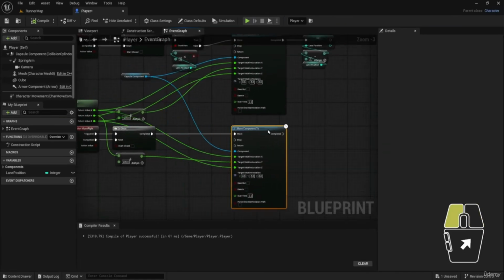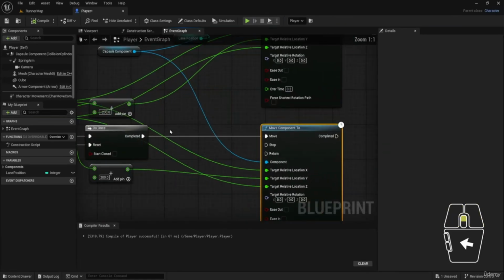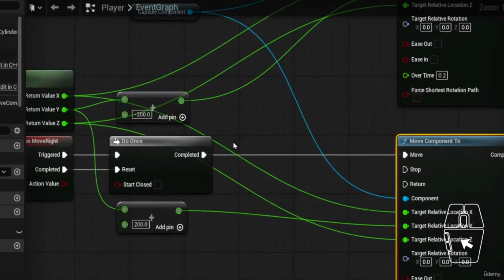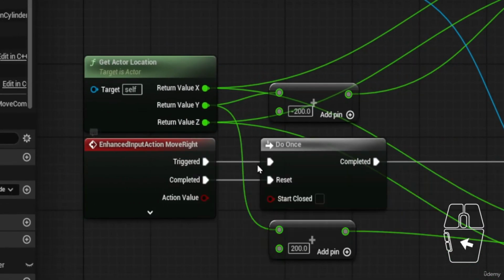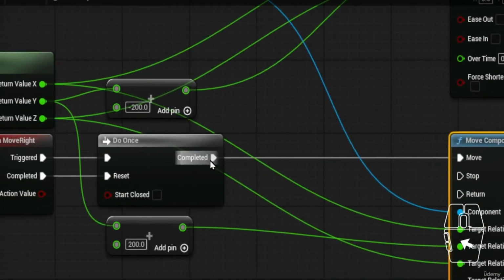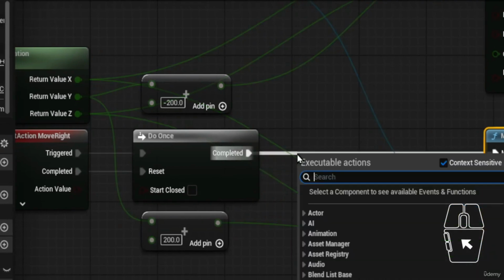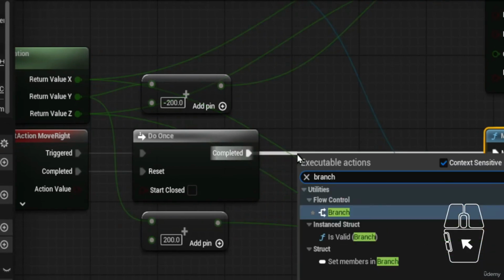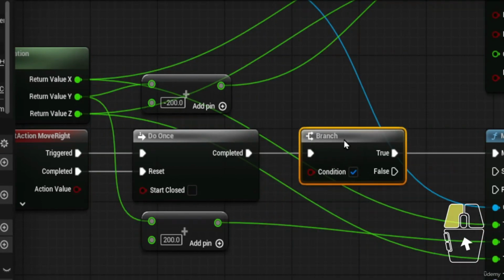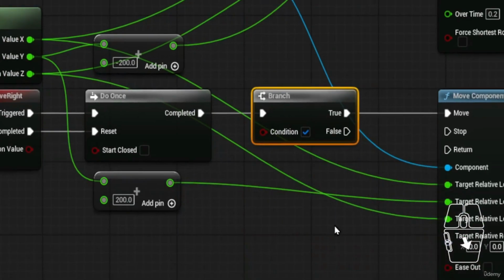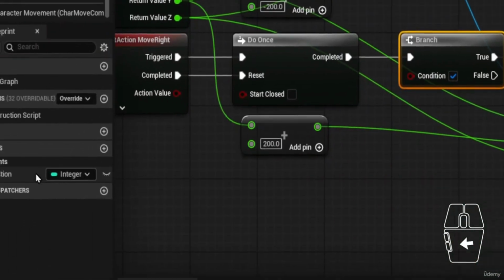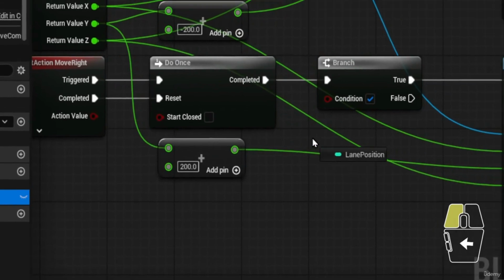Let's quickly move this ahead, and then we'll do the same thing here. From the input action move right, and after the do once, simply branch it out and then look for a branch. Now that the branch is set up, we need to set up some conditions. So I'll get the lane position,